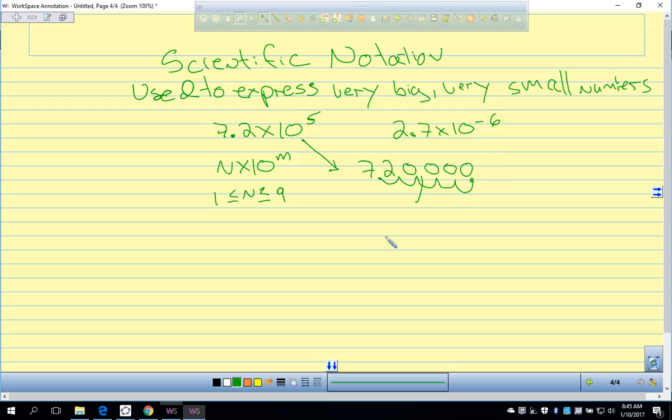6 places, which way? The other way, right? So 2.7 times 10 to the negative 6 means I go this way: 1, 2, 3, 4, 5, 6. Put a decimal place there, and I put zeros everywhere I need them. So I would add 5 zeros to the left, right? 1, 2, 3, 4, 5. So that is equal to